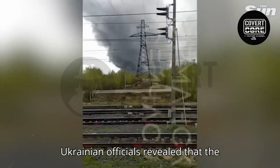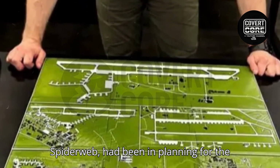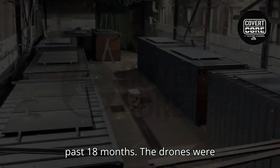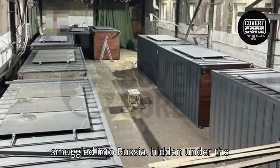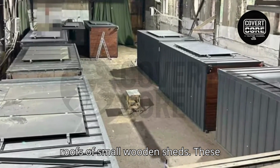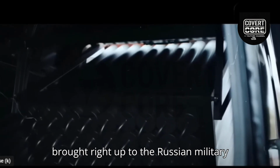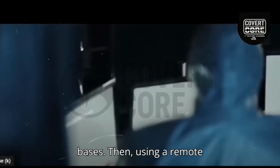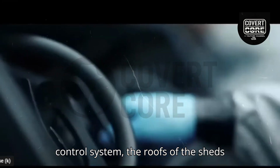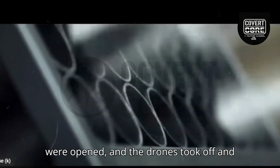Ukrainian officials revealed that the entire operation, codenamed Spiderweb, had been in planning for the past 18 months. The drones were smuggled into Russia, hidden under the roofs of small wooden sheds. These sheds were later loaded onto trucks and brought right up to the Russian military bases. Then, using a remote control system, the roofs of the sheds were opened and the drones took off and attacked